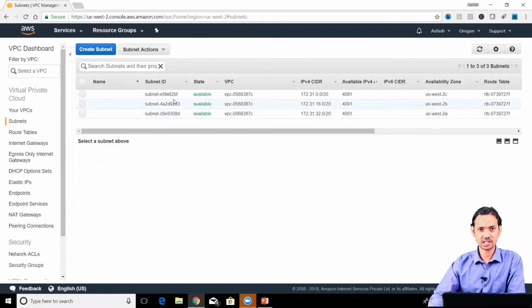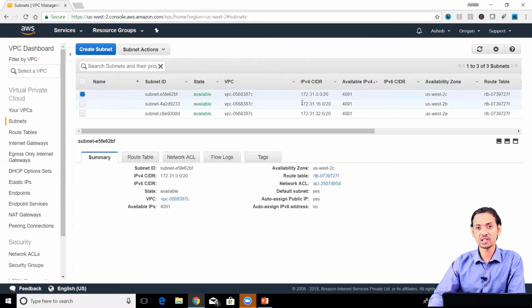Each subnet has a subnet ID to identify it. Each subnet also has a CIDR block associated with it, and this is very important. If you see the structure of these CIDR blocks, all of them are subsets of the CIDR block of the VPC. How do we know that? By looking at the starting 16 bits of this CIDR block. All of these start with 172.31. The CIDR block of our VPC was 172.31.0.0/16, which means the starting 16 bits have to be constant,